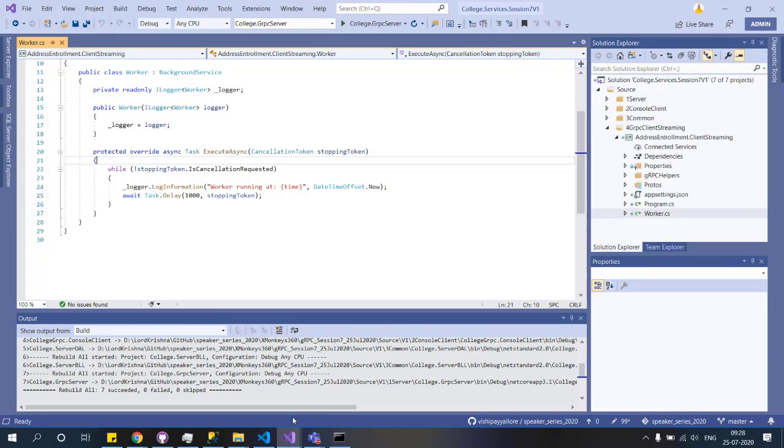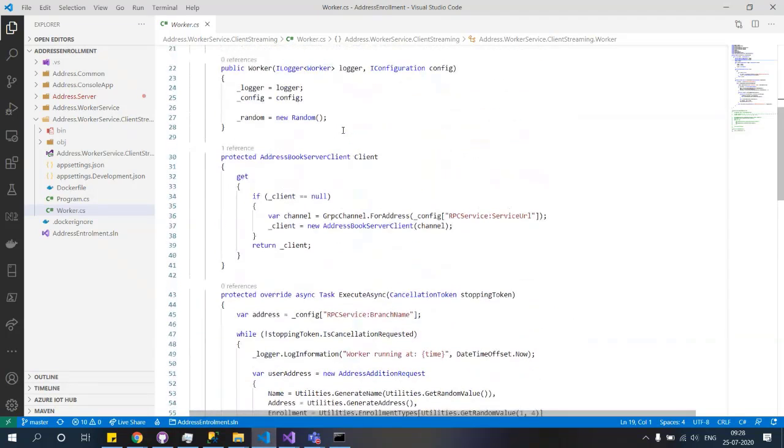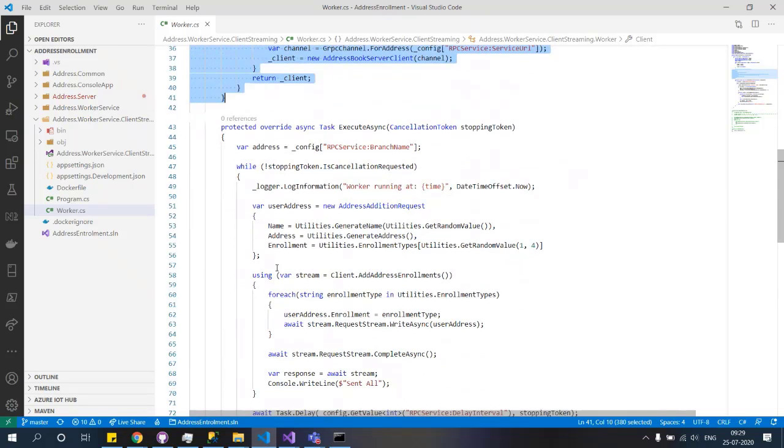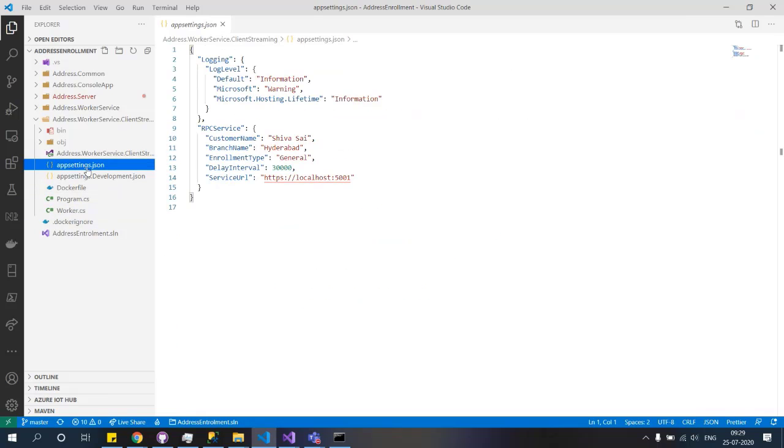Okay, let's quickly go ahead and build this one. I'll explain and then we will build it on our own. We don't need this kind of thing because we already created it in the reusable component. All we have to do is create this enrollment request, stream it, and add the delay time also. These are the pieces we needed. We will start creating it just for the sake of understanding what we are going to do.